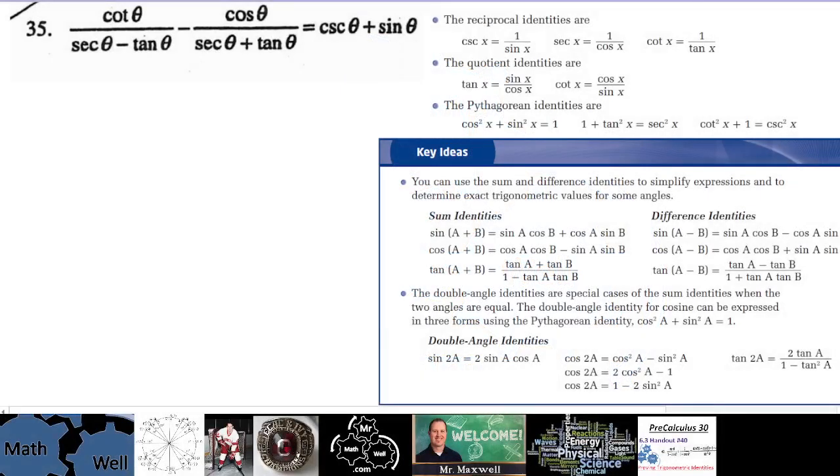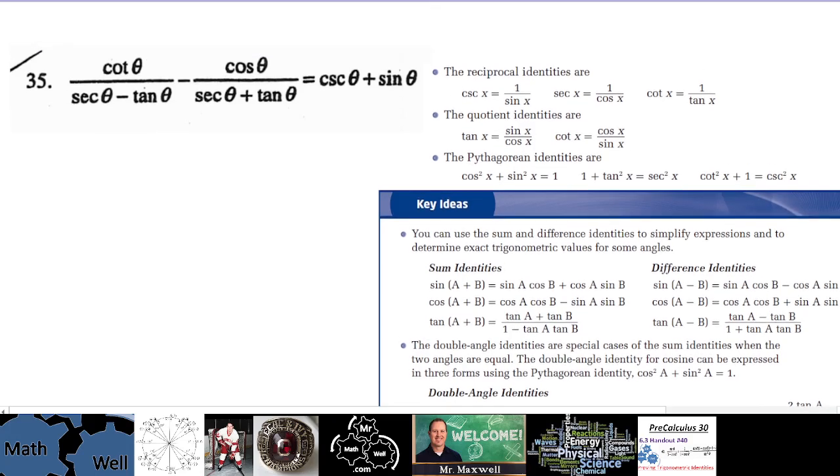All right, so in question number 35 in your assignment there's a couple things going on here. They're starting to get a little more complicated in the 30s here, but we have secant theta minus tan theta and secant theta plus tan theta. Now this is separated by a subtraction, and I guess it's easy to see that this left side is the more complicated side. So one of the tips is to perform the indicated operations,